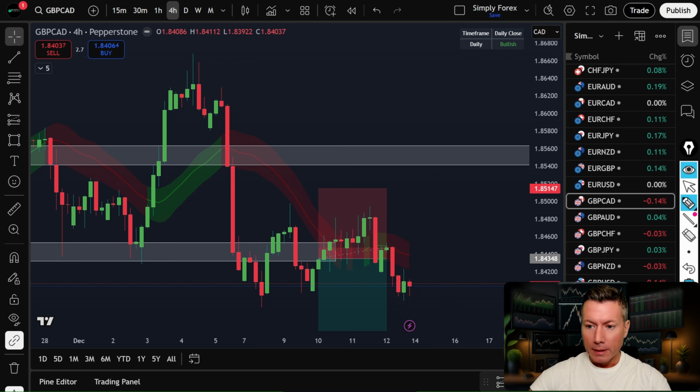Okay, so yeah, pound Canadian dollar as well. What else are we looking at? Okay, so let's have a look at pound New Zealand dollar while we're here. If we go to the weekly chart, let's go to the monthly chart actually, because what's really inspiring me, probably not the right word, to take sells